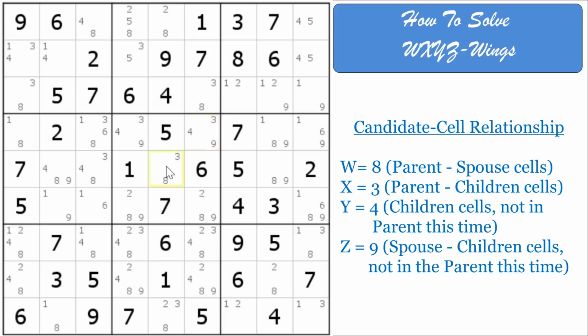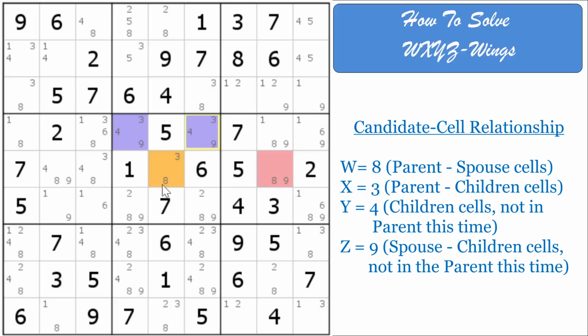Parent is right there. The spouse is right there. And the children are right here. I know. Now you're looking at it going, wait a minute. You just said the spouse is over here. It's outside of the block of the parent. That's not cool, Timberlake. Every other example, it was inside the block. I thought they had to be together and they had to share that candidate within the block. Well,